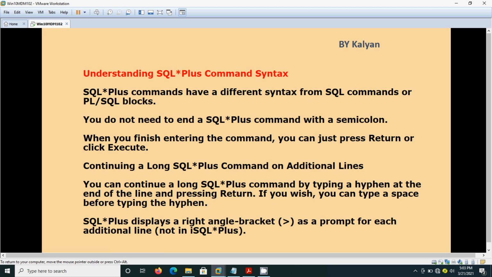and if you want to continue the line, for example you are going to do some formatting of the column heading, you are going to give your own heading. Sometimes the column names will not be lengthy. Salary they might give as sal, description as disc, employee name as e name, like that. So if you want to format the results shown on the SQL Plus, you can do that. For that you need to write some 2 to 3 lines.